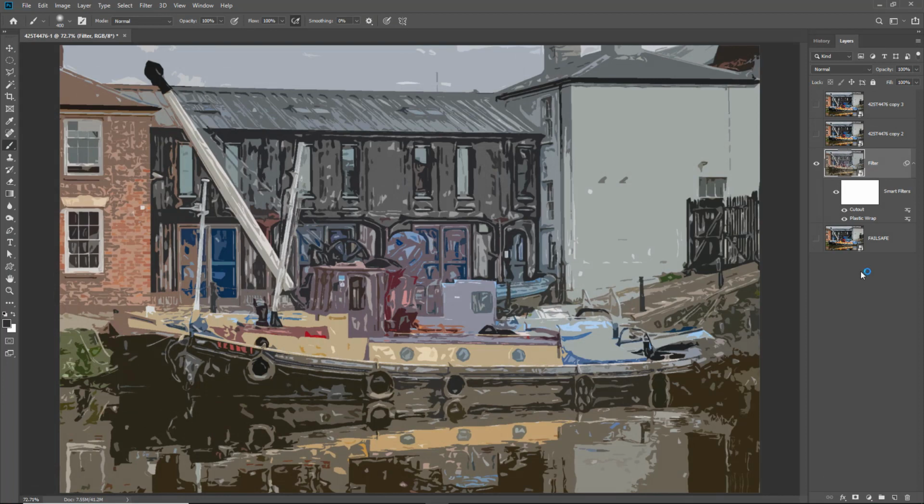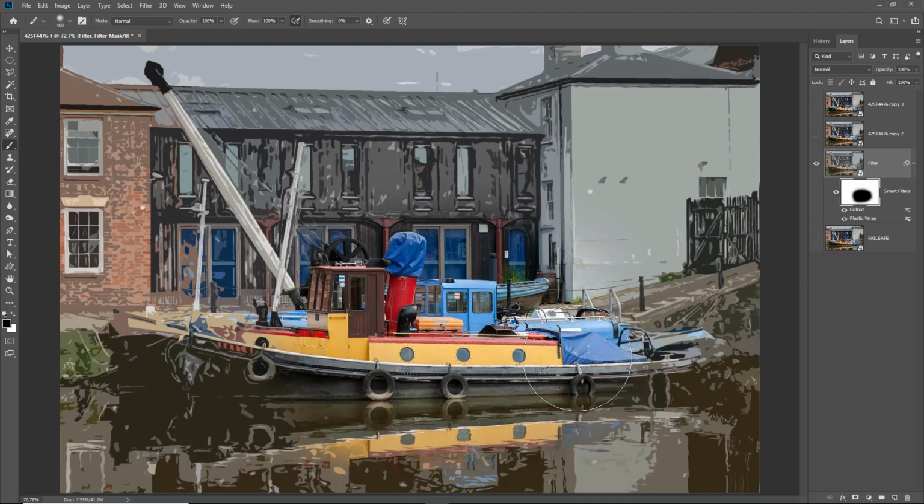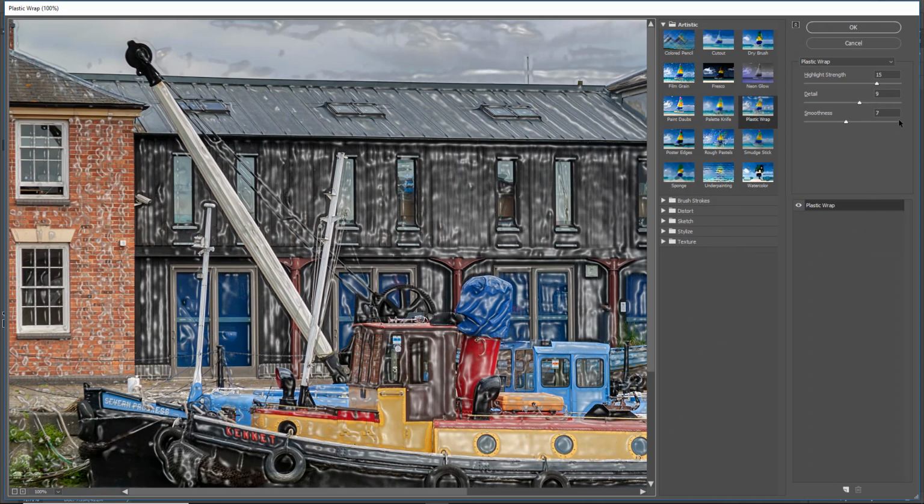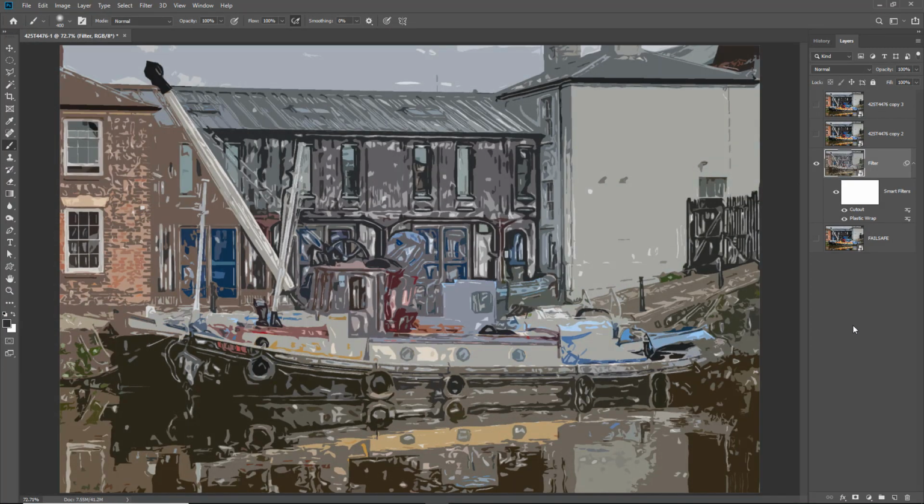So one of the beauties now is that same layer mask still allows us to remove both of those filters together. Control Z will return that back. But I could, for example, go to my Plastic Wrap, which I applied first, double click that, go back in and make a change. So look at the highlight strength. Let me just quickly push it up to 20 and click OK. So now the two filters are being blended with those new settings. That's why writing down the original settings, the Plastic Wrap was 15, 9, 7 and the Cutout was 4, 4, 2. You can see what I mean